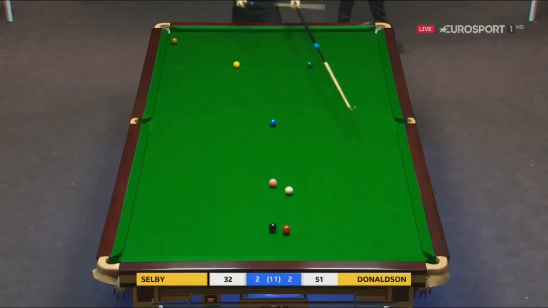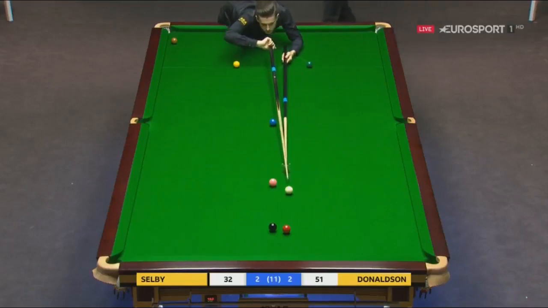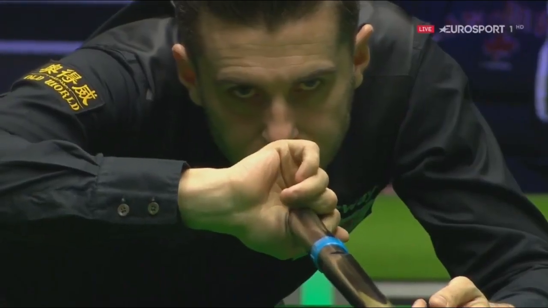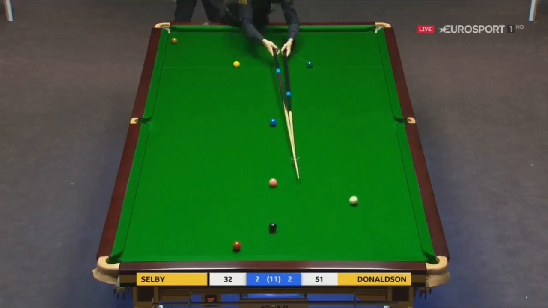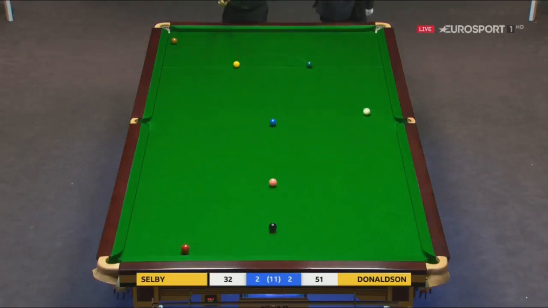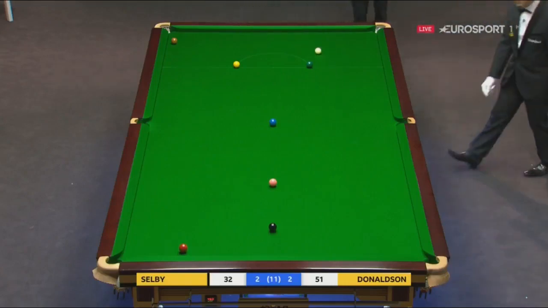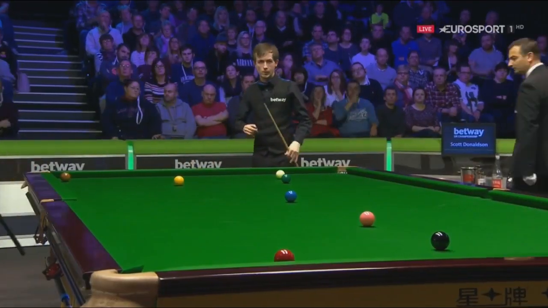Scott Donaldson was looking good for 3-2 before he ran out of position. Didn't get the cannon he wanted. Yeah, Mark's not playing the shot I suggested. It's obviously too tight. Just get the feeling, though, Phil. Mark Selby 7. This is a really big frame, isn't it? Either way, I know it's only going to be 3-2, but